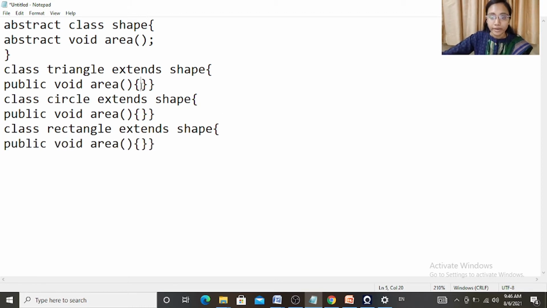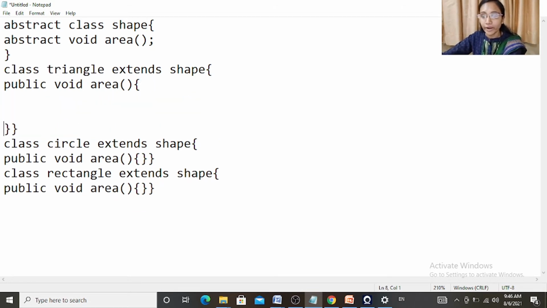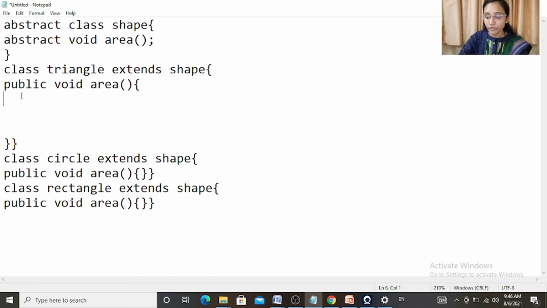So in a specific subclass, I need to write a formula to calculate area of that shape. So in the triangle subclass, I will write a formula to calculate area of triangle. So in the area method of triangle class, I will define integer base equals 5 and height equals 10, because area of triangle is 1/2 base into height.